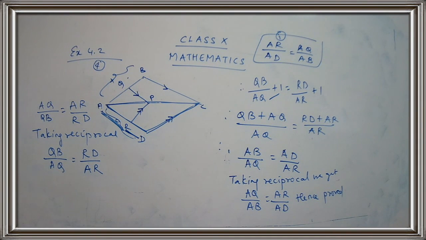Let's go for the next question. Then on the fifth question, rhombus PQRB is inscribed in triangle ABC. Inscribed means a rhombus is placed inside a triangle such that angle B is one of its angles. P, Q and R lie on AB, AC and BC respectively. If AB is 12 centimeter and BC is 6 centimeter, find the sides of the rhombus PQRB.